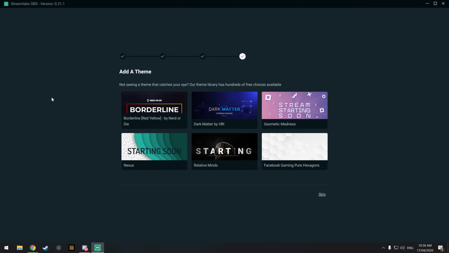And this is where the magic of Streamlabs OBS comes in. You can actually go ahead and select a bunch of different themes here. They have like a whole store on the Streamlabs website, and just to give you a bit of background on how all of this works as well, Streamlabs wasn't